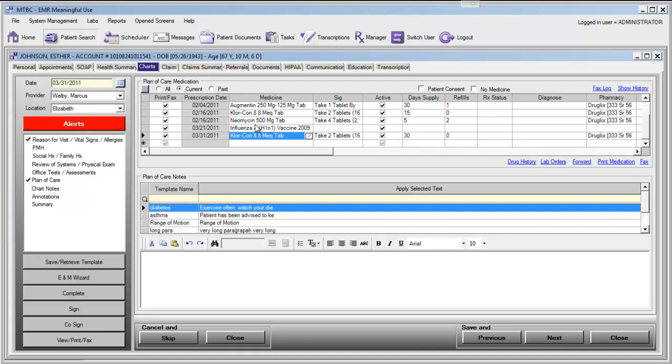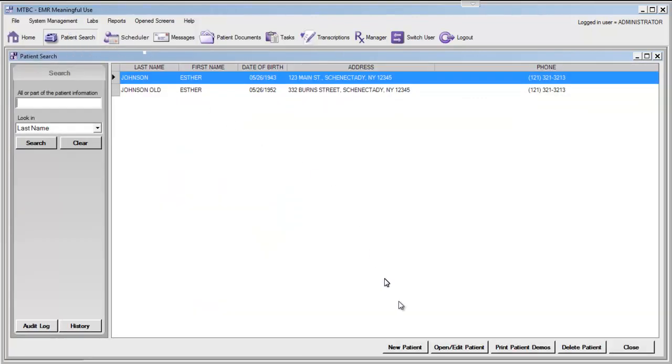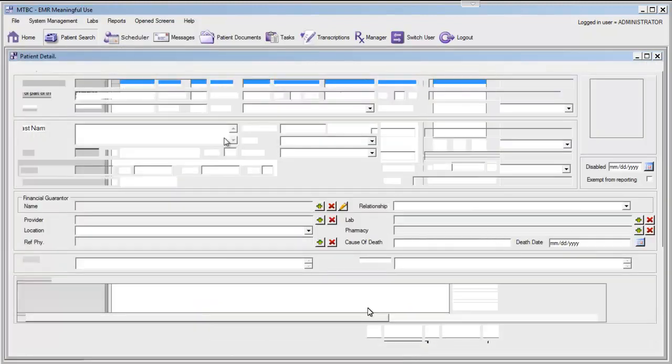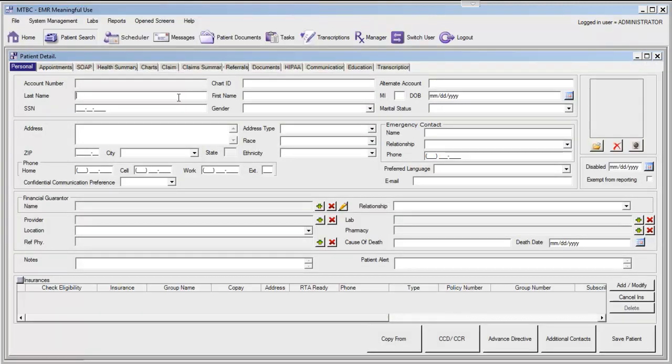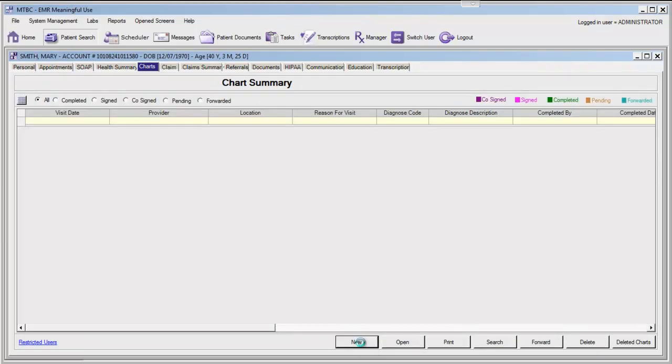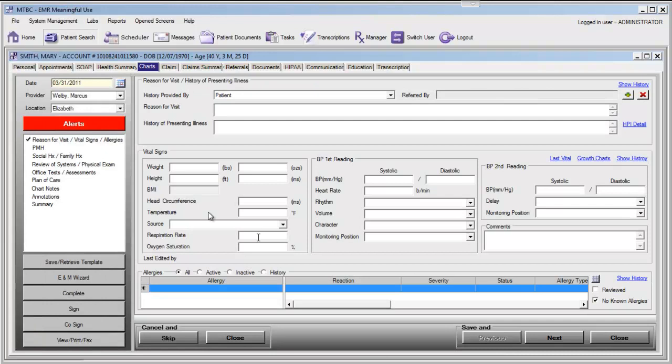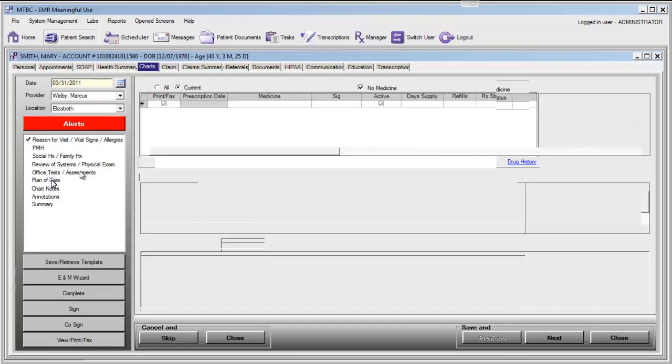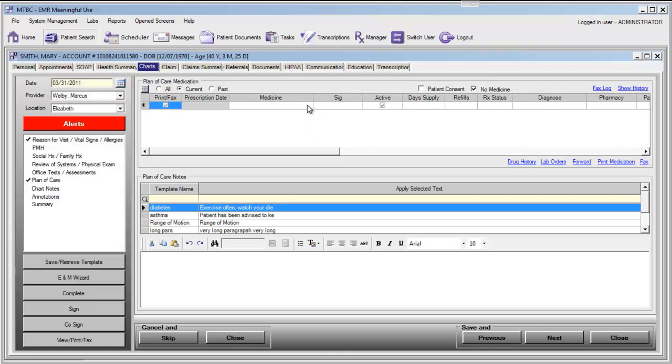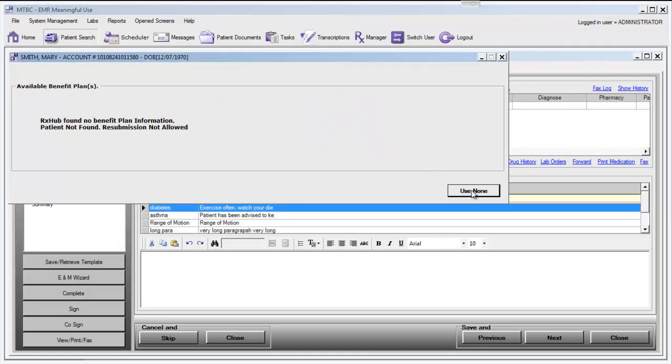And let's do that for another patient. And let's even say a new patient that we create, just to show you how easy it is to document a medication on a patient's record. I'll go ahead and put in some demographic information. Now I'll go to her charts section. I'll create a new chart for today's visit. I'll go right to the plan of care. I will click into the medication section, use none,